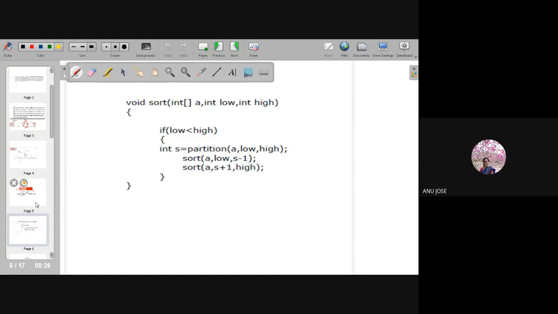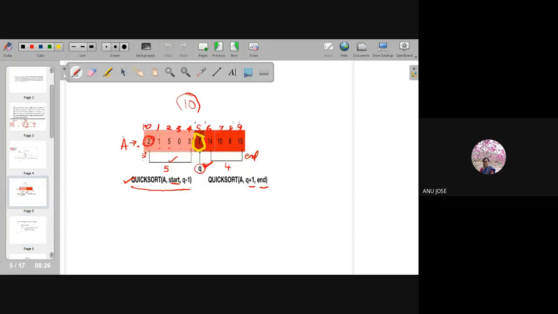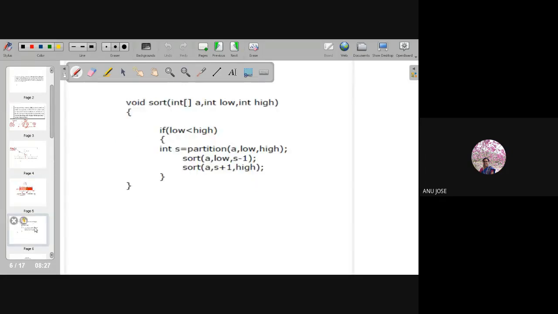Okay. So this is the logic. So when you are looking into it, you can see the low and high. So how can I code this process? This is the process I mentioned. You find out the location of the pivot element. Where should I keep it so that at the left of the pivot there should be smaller values and right of the pivot there will be greater values? So how can I code that particular logic in Java?